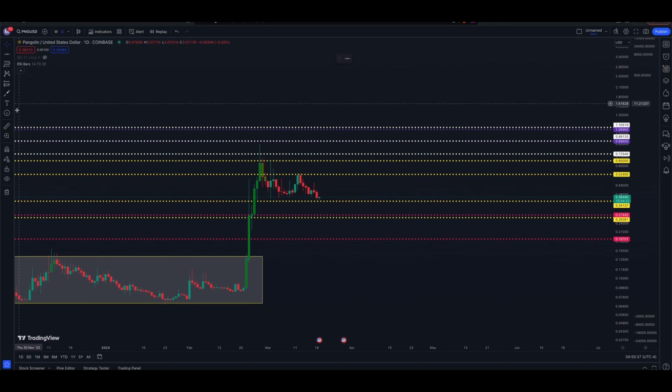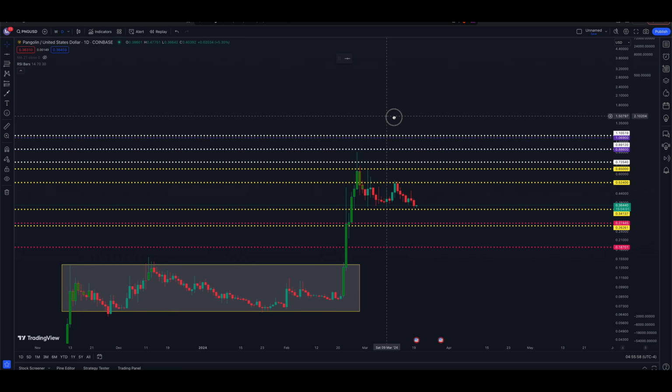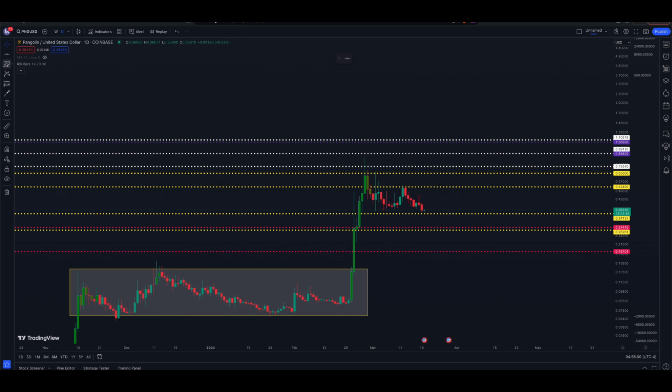If we even did half of that, let's see where that takes us. So basically half of that would get you up into the $1.80 or so, $1.70 targets for PNG. And what we could do here is throw the fibs on this chart. Let's go ahead and do that. We'll take our most recent high, which was on the 27th of